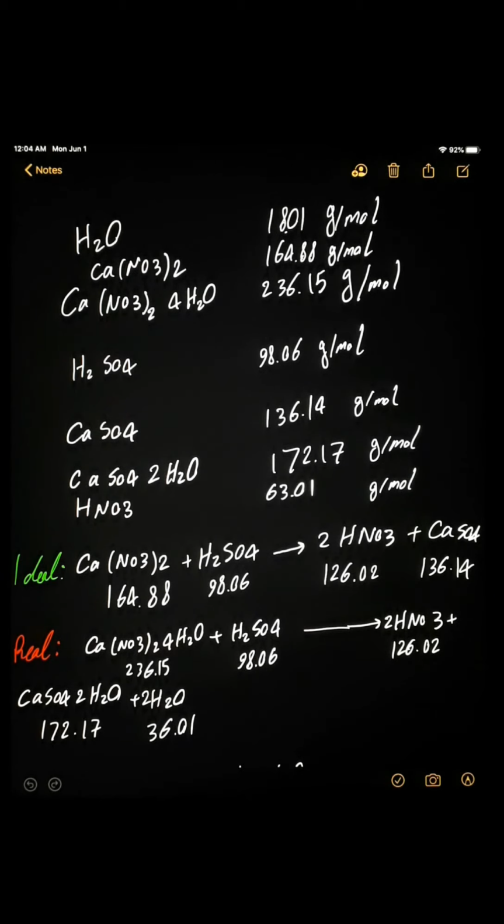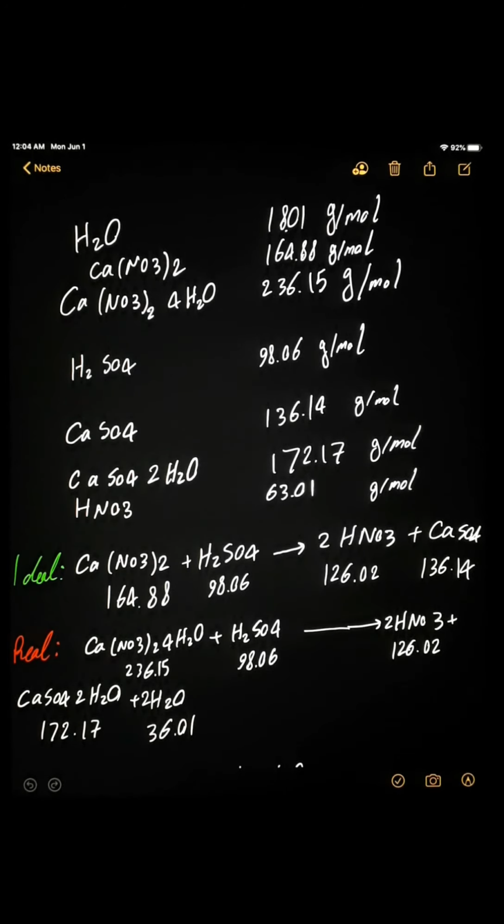So here are a bunch of numbers, basically molar weights of all of these compounds that I didn't know. I found them on the internet. And so ideally you have calcium nitrate and sulfuric acid